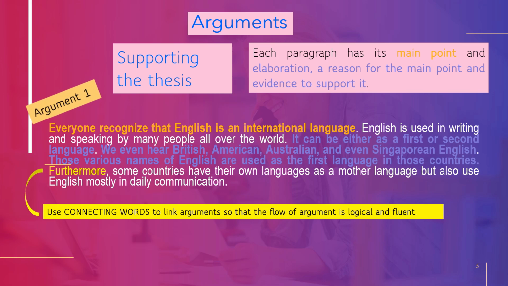So in the text, this paragraph is called argument 1 or first argument. In this paragraph, we can see the sentence everyone recognizes that English is an international language. In this paragraph, the sentence is the main point. And this main point is elaborated by some reasons, and the elaboration can be seen in the sentence,